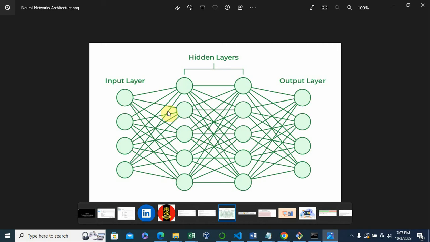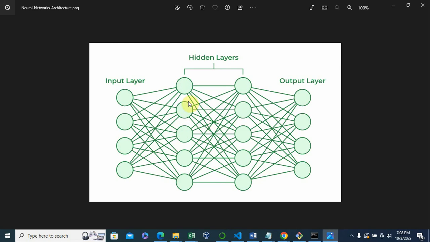You have the input layer, most times called dense, but there are other layers you can also use, and dense in inner layers. So you define your layers, input layers, and you define how many neurons each of the layers that you create should have. And of course, you pass in the shape of the data.